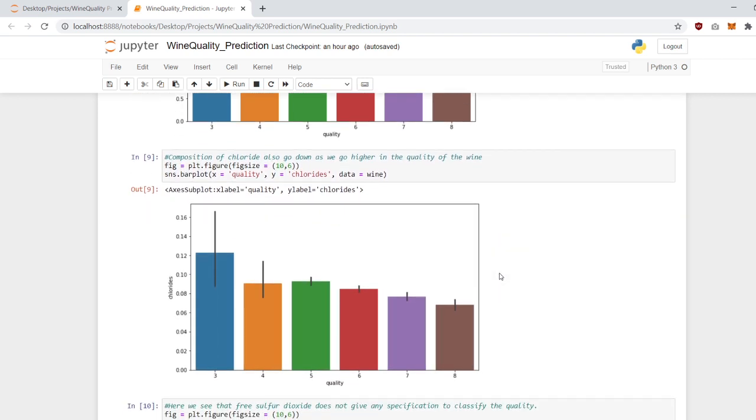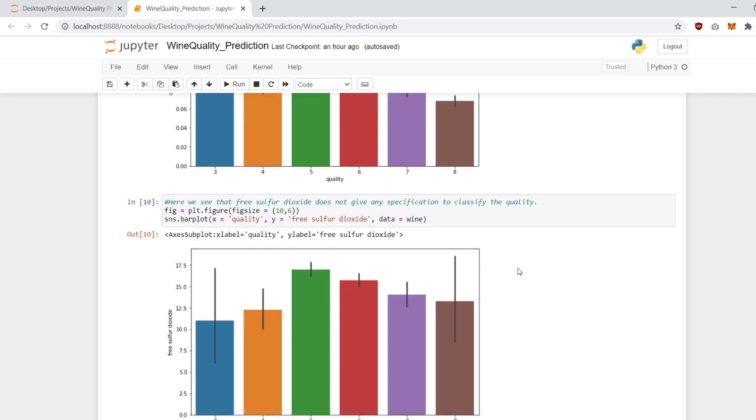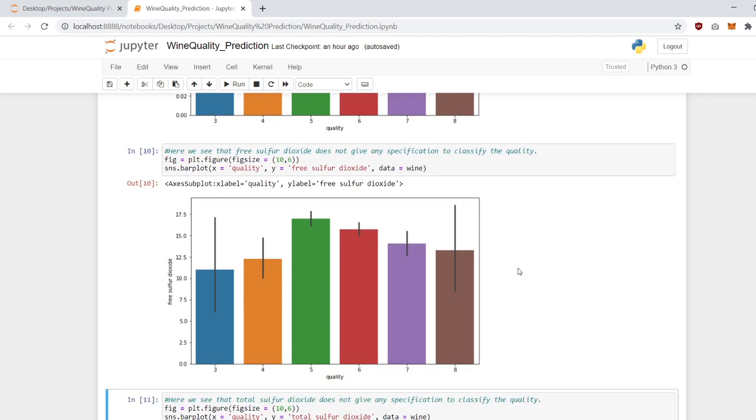Now we'll plot a graph between chlorides and quality. So we can see over here that the composition of chloride goes down as we go higher in the quality of the wine. And then again we'll plot a graph between free sulfur dioxide and quality. So here we can see that the free sulfur dioxide does not give any specification to classify the quality.